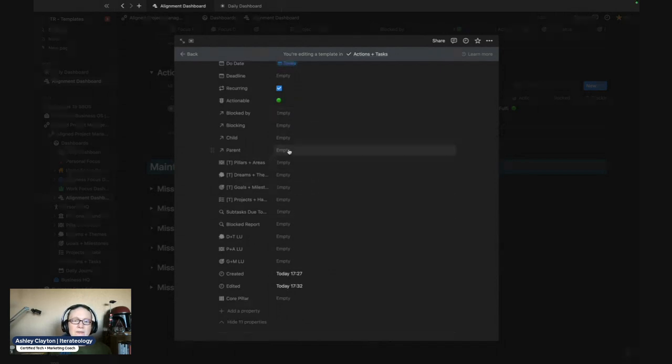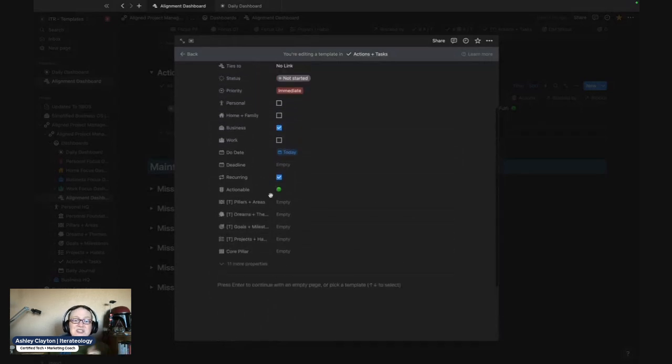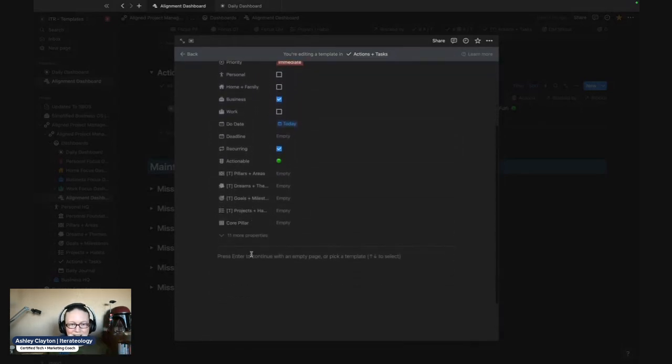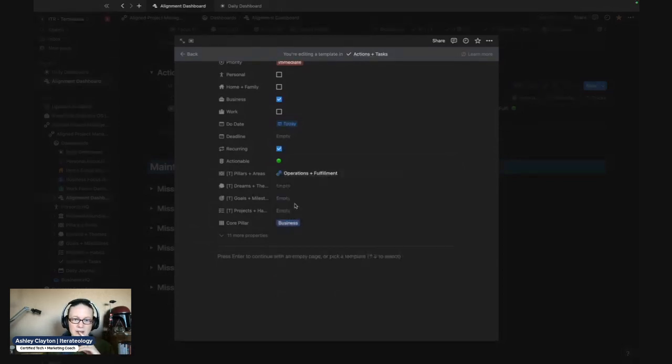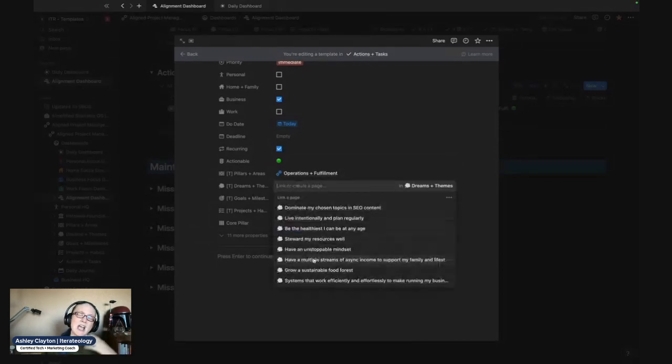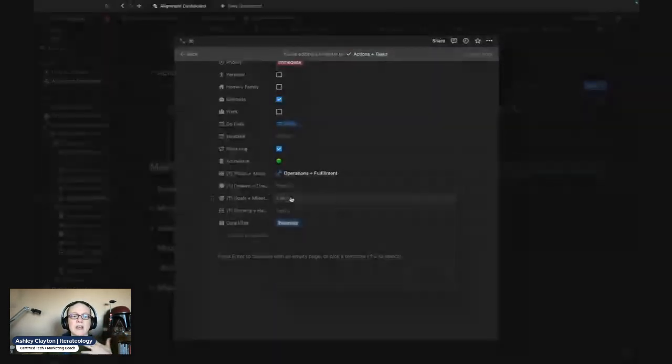This is where, if there are subtasks, normally this is what your view will look like with it. It won't have everything. And because we don't have a pillar, it's not planned. So I would go ahead and tie this in. Since this is a business, because it's a client thing, it falls under operations and fulfillment. And then I might have a dream, try to be like, hey, I delight my clients with everything. I would tie it to that. Goal is maybe how many clients I have. So that's how it would relate there.